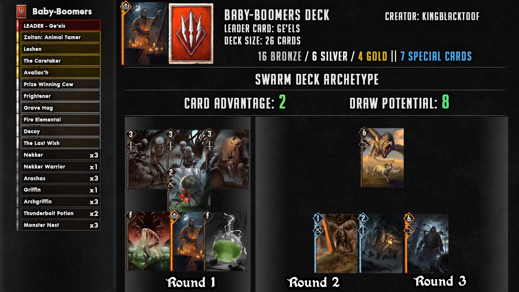Now I've only got 2, which are the Neckers and the Arachas, so I feel my odds are pretty good and I could get down to a minimum deck size quite easily. But there may be a couple of cards you want to switch out. I might be inclined to put in more Necker Warriors, because I think the Monster Nest will muster out things